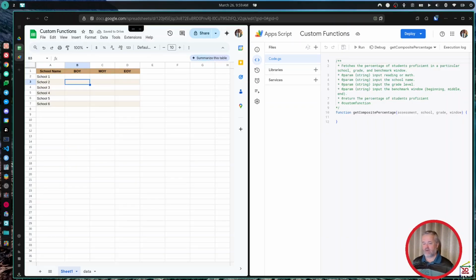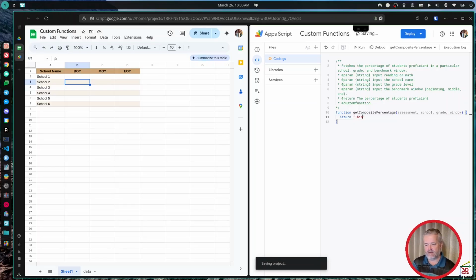It's not going to show anything. There's not even a return statement on our function yet. But you can see if we go over here and type return this, or whatever that is, and we hit save, now we get the word this in there